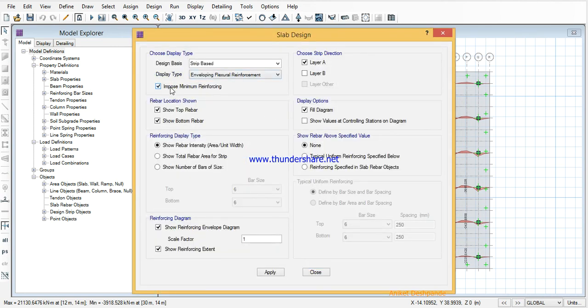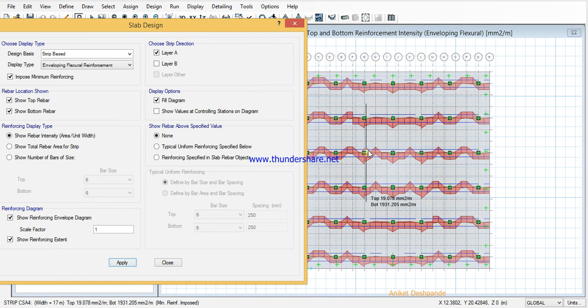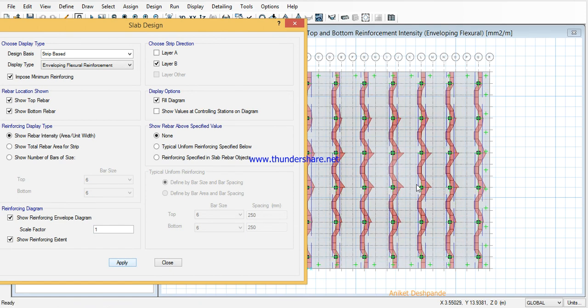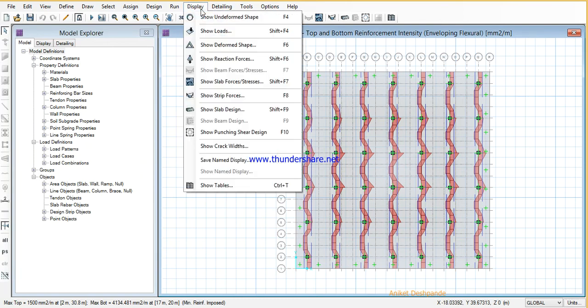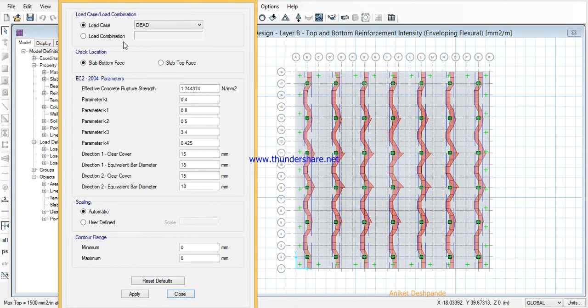In the slab design, always select the impose minimum reinforcing. For layer A, apply. Here you can get the reinforcement values in the top and the bottom side. Similarly for layer B can be obtained. Now go to display, show crack width. Let's go for the load combination combo 1 and slab bottom face, apply. It will show the